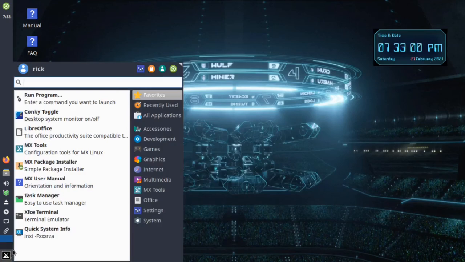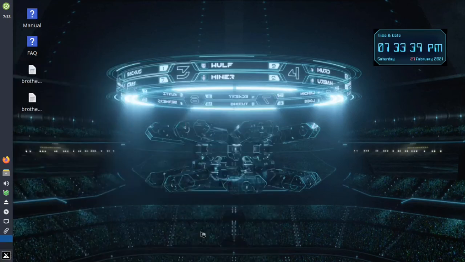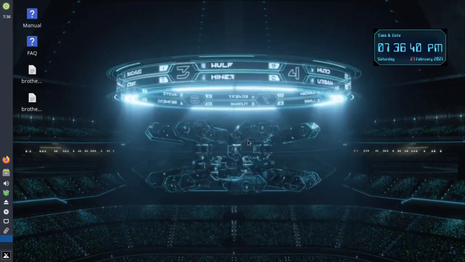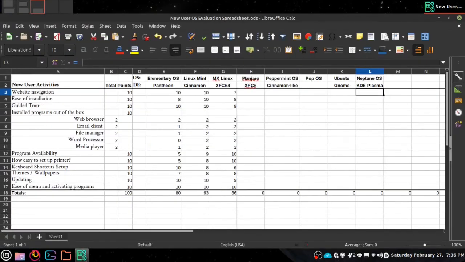Take a look at that real quick. Desktop settings. And that too. Wallpapers for Tron. So let's go over to our list. We'll put it in here. Okay, so we got MX Linux with XFCE4 on it, and we gave it the website navigation 7, and that's basically because of the